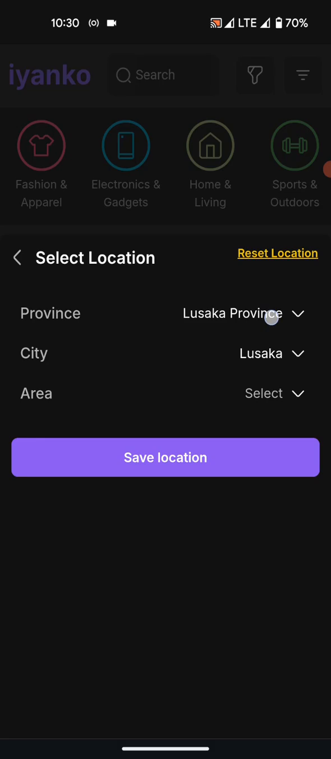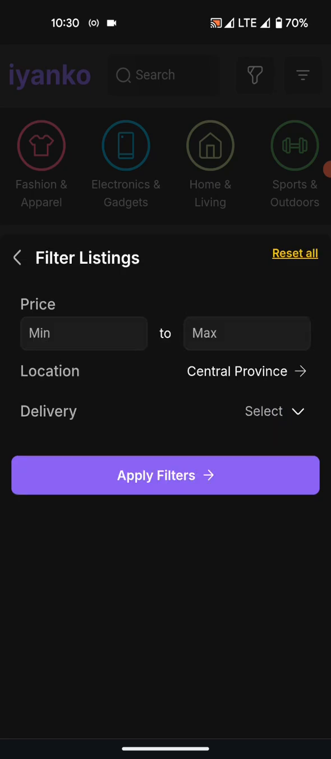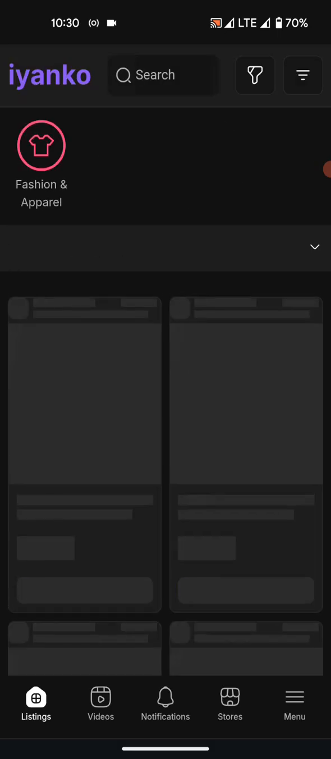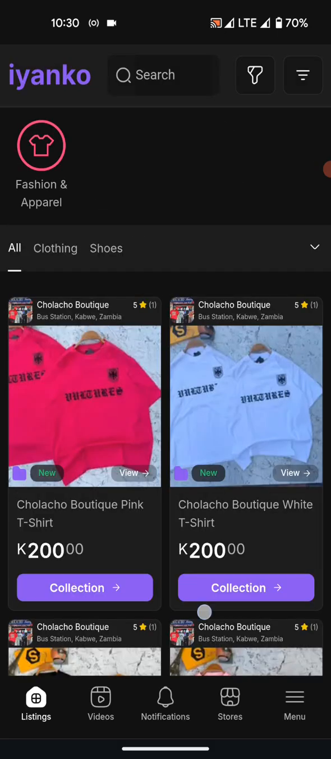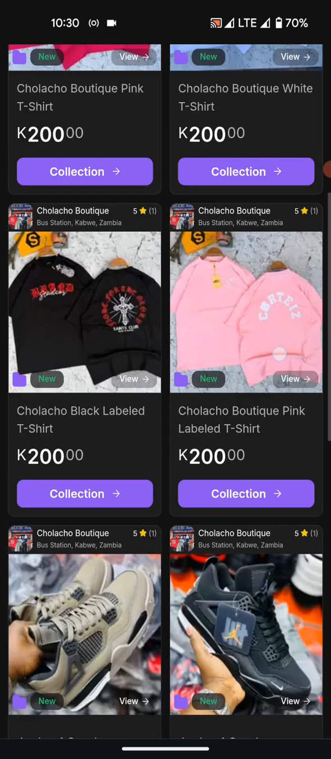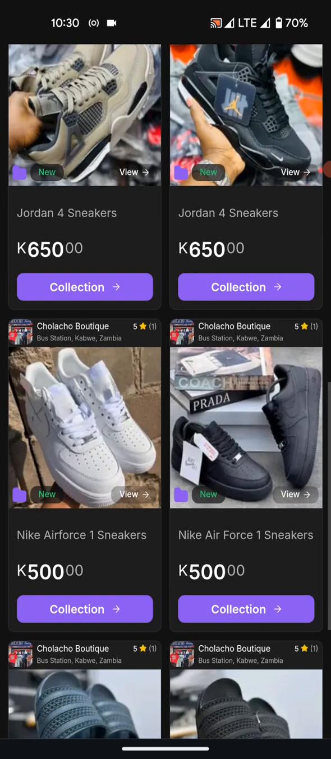And then when it comes to the province, at the moment there's only Lusaka and Central Province, so if I want to, I can choose to filter by Central Province there, and then I'm just going to tap on save location, then I'm going to tap on apply filters. So when I apply filters, as you can see, these are listings that have been posted but are in Central